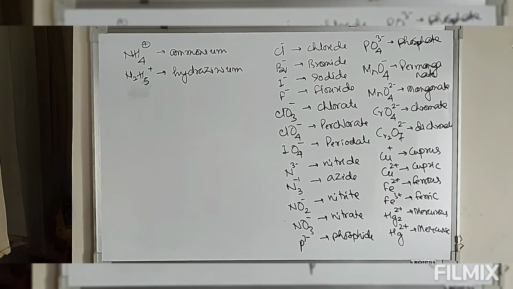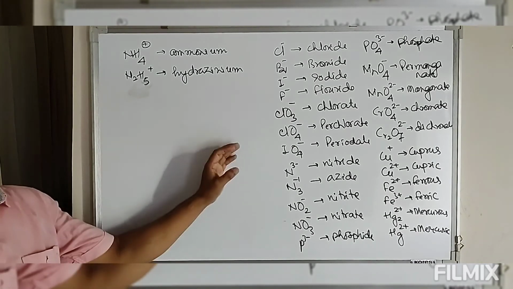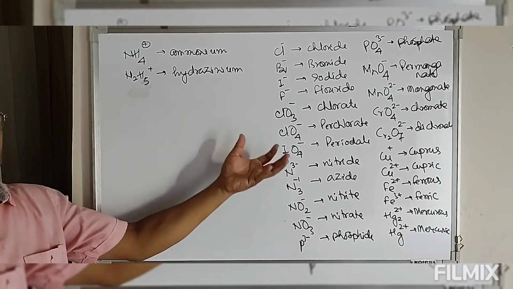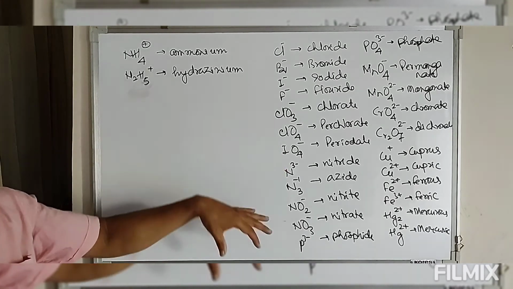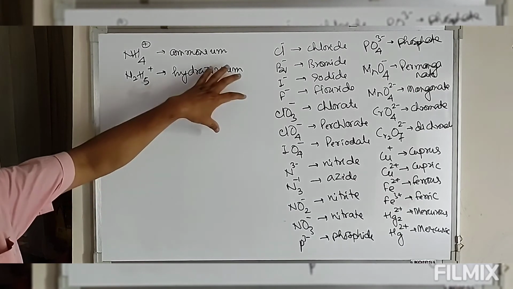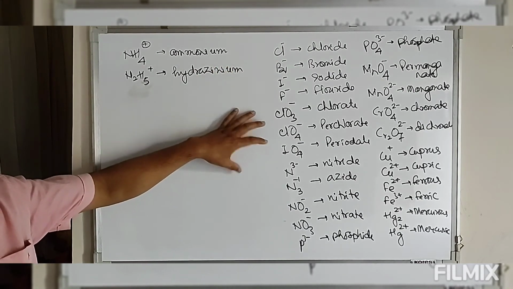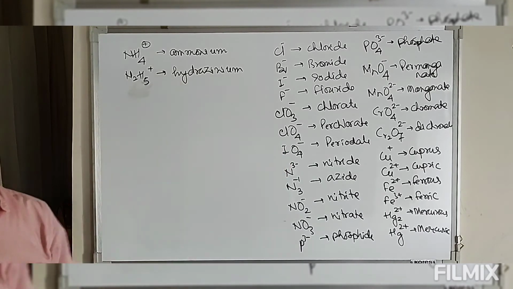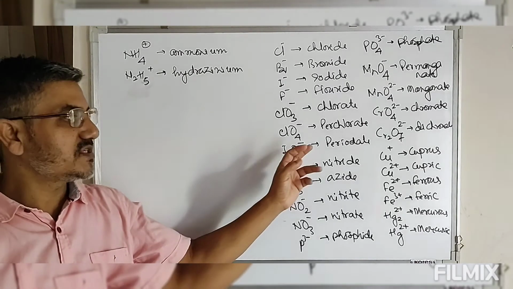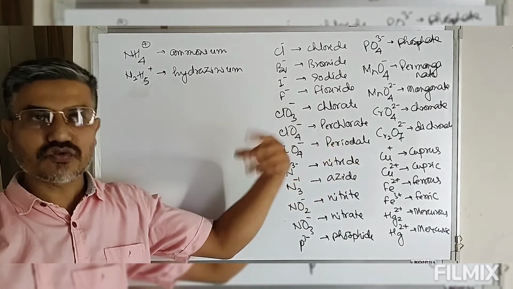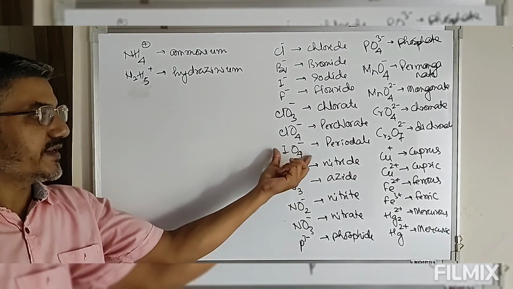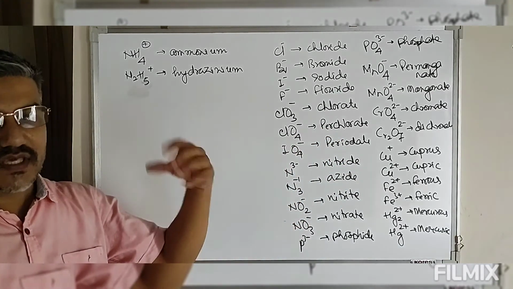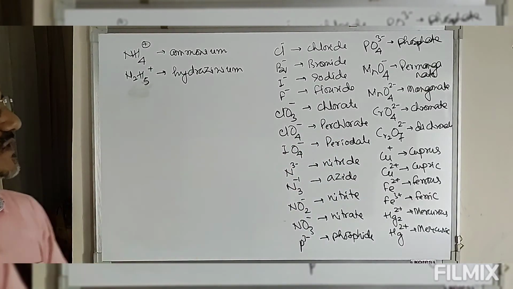So these are some common ions and their names. There are many others, and it is not possible to give all of them, so I'm just giving you some common ions, because by use of this we can easily define the formula of a compound. If we are asked to write the formula of a compound whose name is given as potassium periodate, you should know the meaning of periodate. Periodate is IO4 minus. So by use of this we can define the formula.